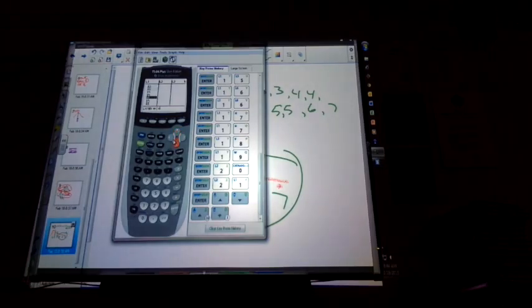Okay, once you plot your data in here, go back and hit Stat. Go over to Calculate. And we're going to calculate one variable statistics. Now, if you did not go under list 1, do this. So you hit one variable statistics, and then whatever list you're under, hit second list. So I want to do the one variable statistics of list 1. If you plug into list 2, do the one variable statistics of list 2. But if you hit enter,